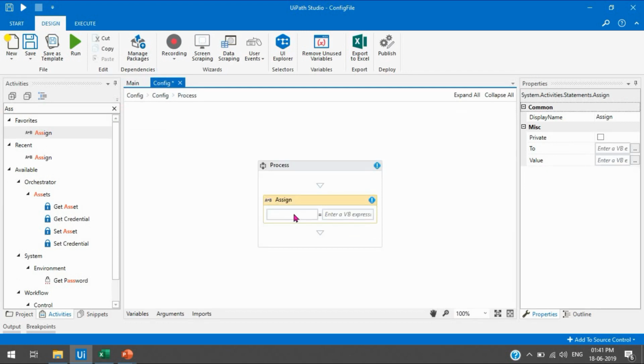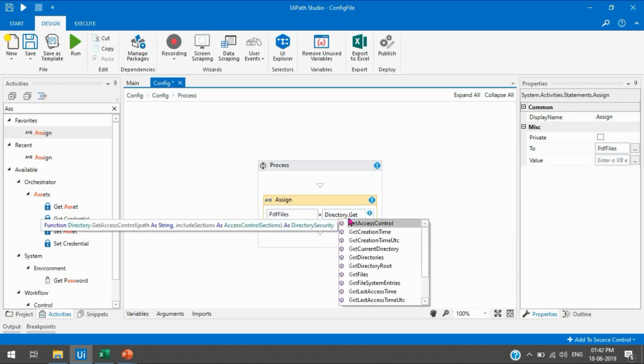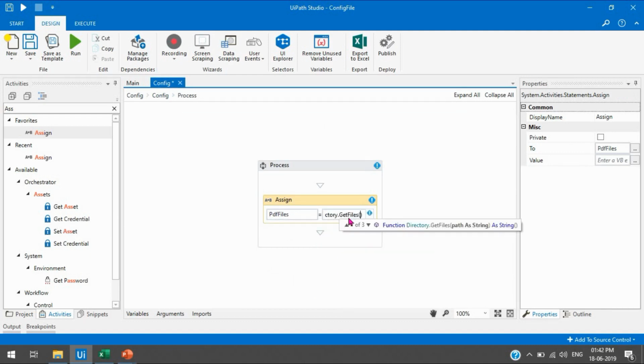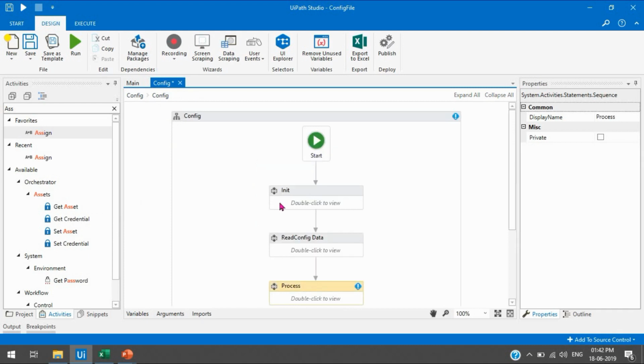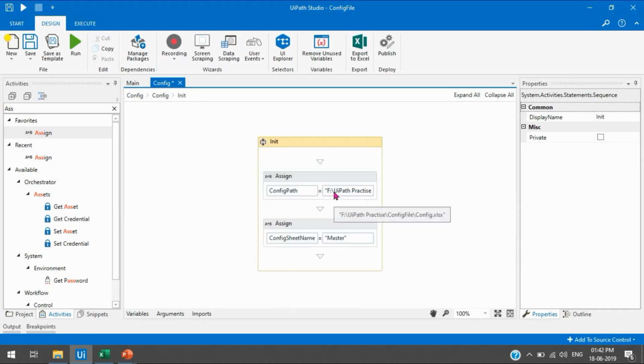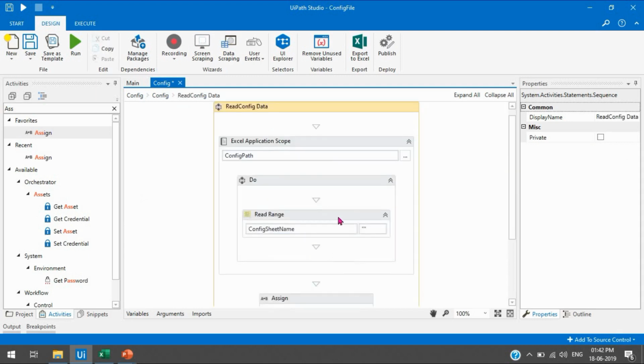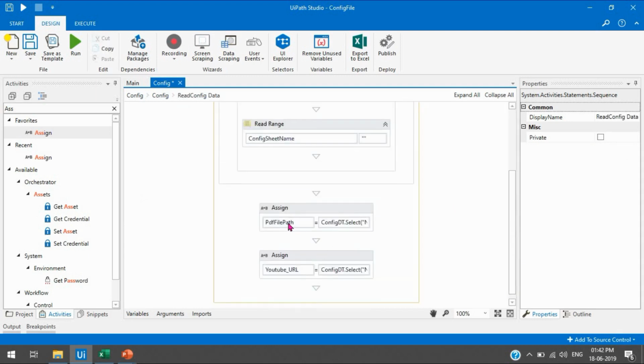I am going to write here PDF files, and now I am going to write Directory.GetFiles, and instead of writing the full path, I am just going to write this variable, because we have the file path here in the read config data, that is PDF file path, right?